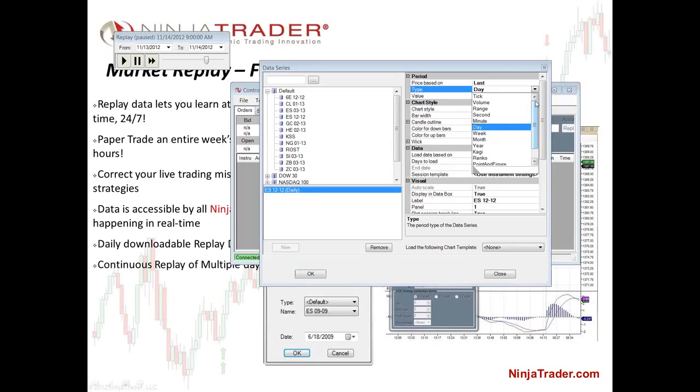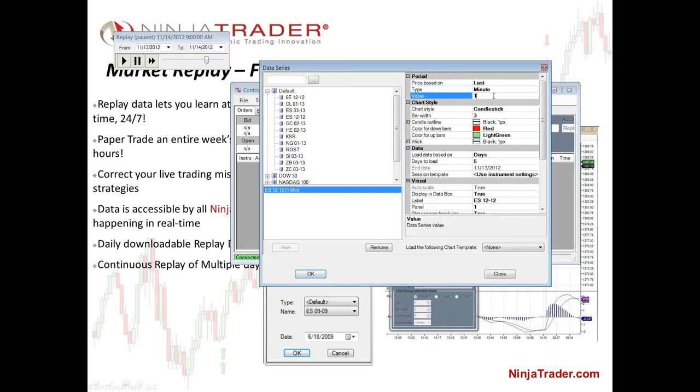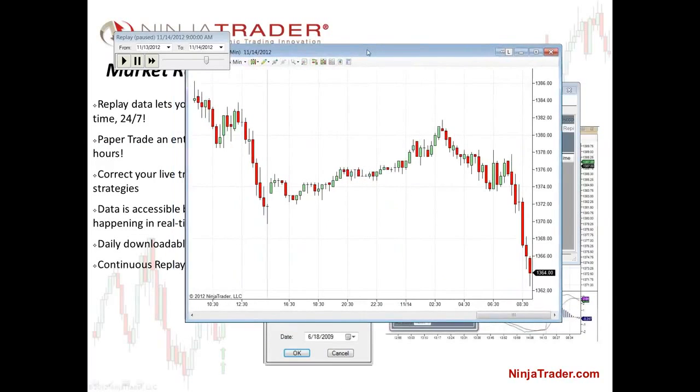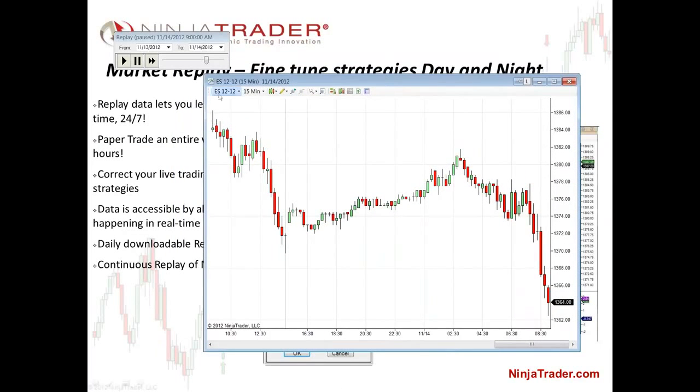Since we do have some intraday data available, and it's actually tick-by-tick data, we can use a tick time frame, we can use a minute time frame, whatever we like to trade. I'm actually going to set that to a minute time frame, and I'll just set that for a 15-minute chart. Go ahead and click OK. And by default, within NinjaTrader, you will open up a candlestick chart. So we have that, pretty plain here, that 15-minute candlestick chart of our ES 12-12,